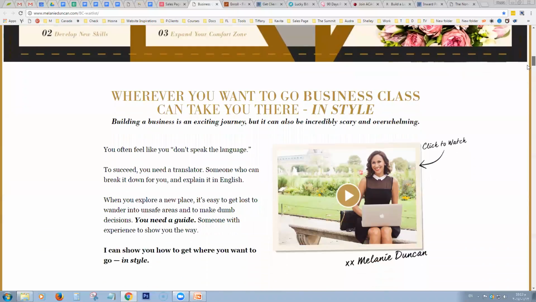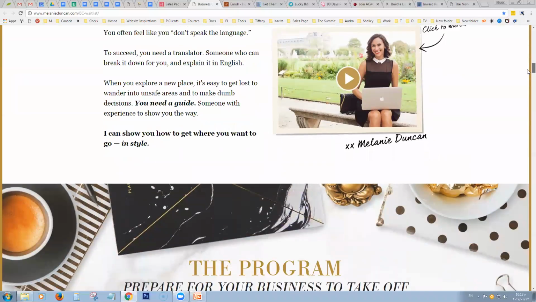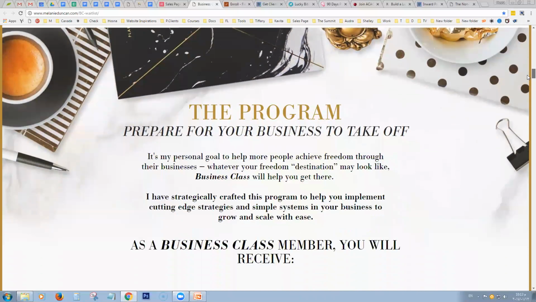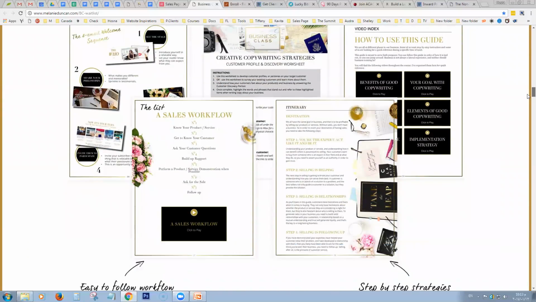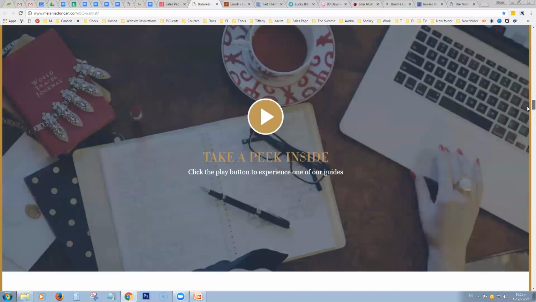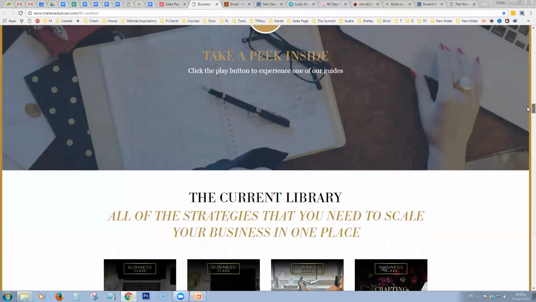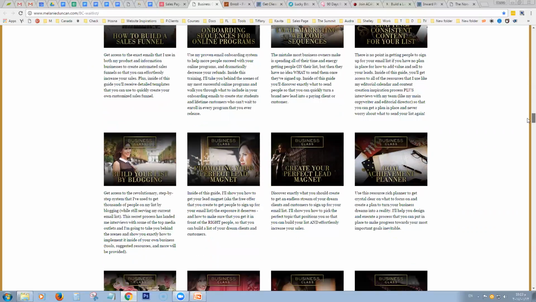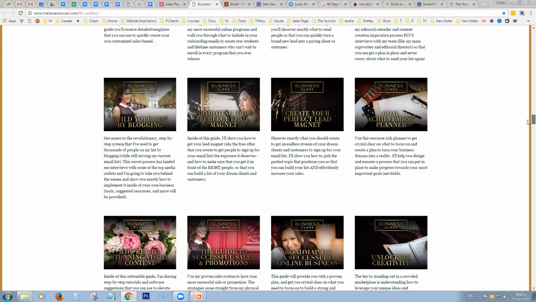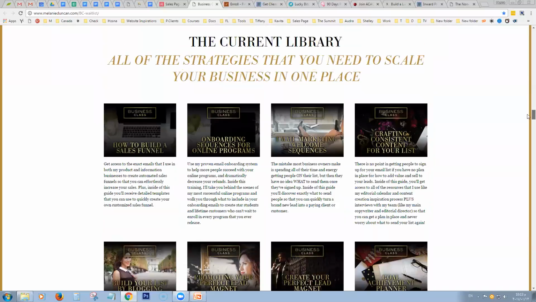This page looks great. There are certain pieces that are usually in all sales pages, which is what the program is about, what you're going to study, what people are saying about it, like take a peek inside, and then what is in each part of the program. This is actually a membership program. This is a monthly membership program where you get access to a lot of different